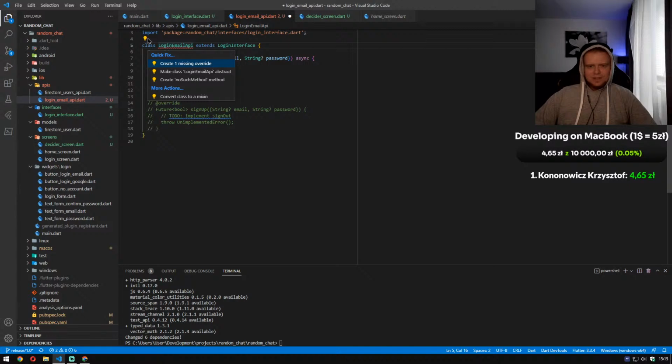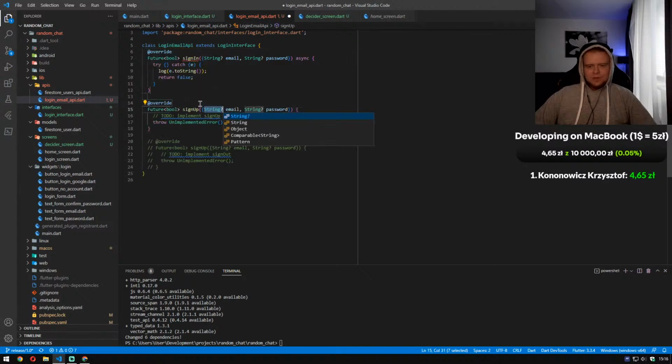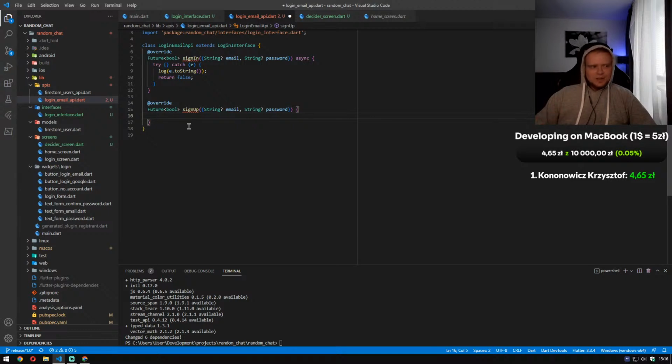Extends and implements can be really hard to understand, and yeah, okay, let's forget what I have just said. What I have just said at the beginning was correct. So we are forced to implement the functions that are only defined in abstract class and don't have any body. So yeah, that's it. Sorry for the confusion. Again, it's live, so everything can happen. But anyway,